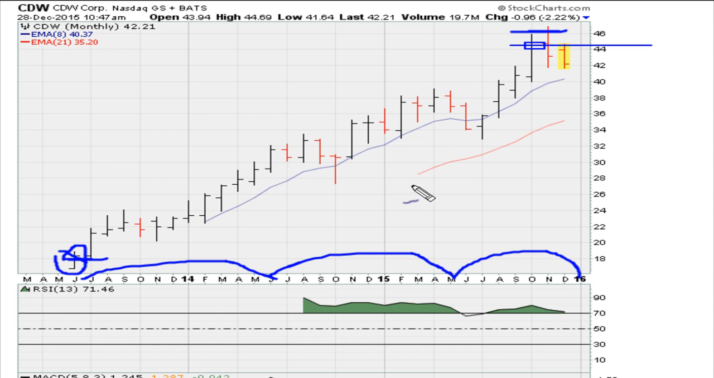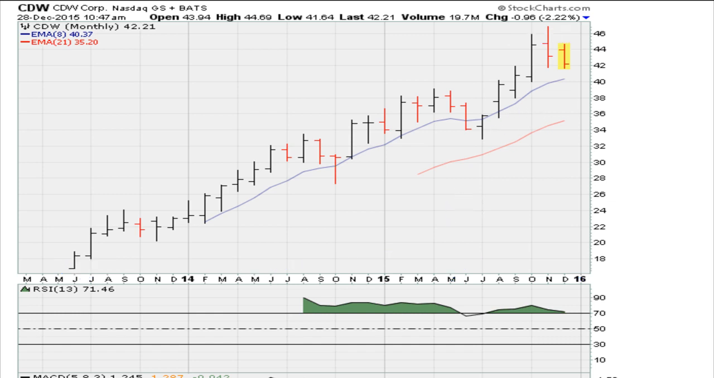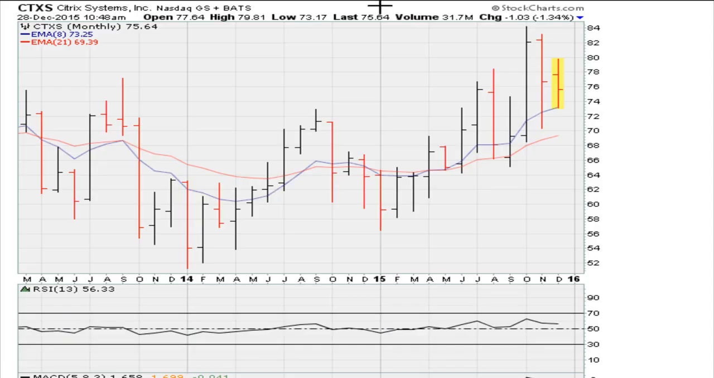But is it an explosive stock? No. And I think for that reason, personally, I would probably skip this one and find something else. That would be my conclusion on that one. Take a look at the next one,